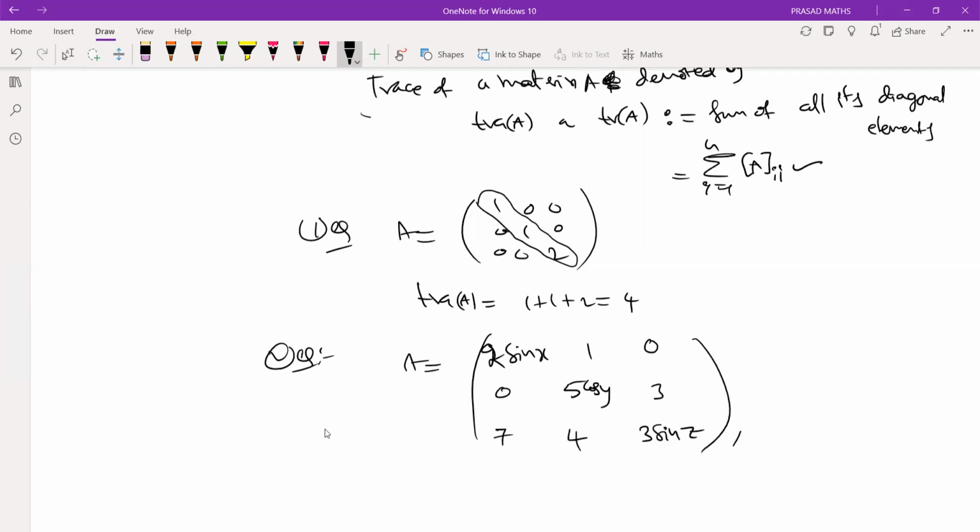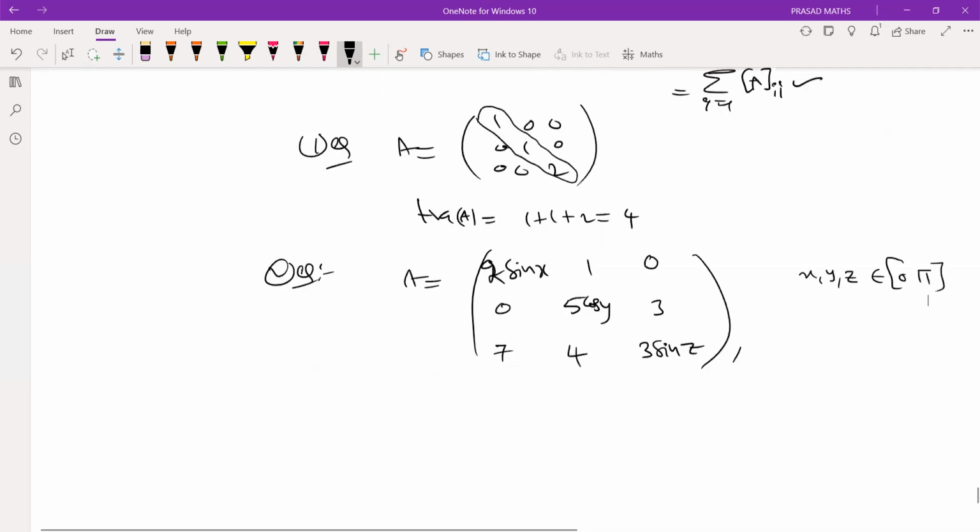Here, your values x, y, z, those angles, are sitting inside 0 to pi. Suppose the trace of A is 10. So find the value of